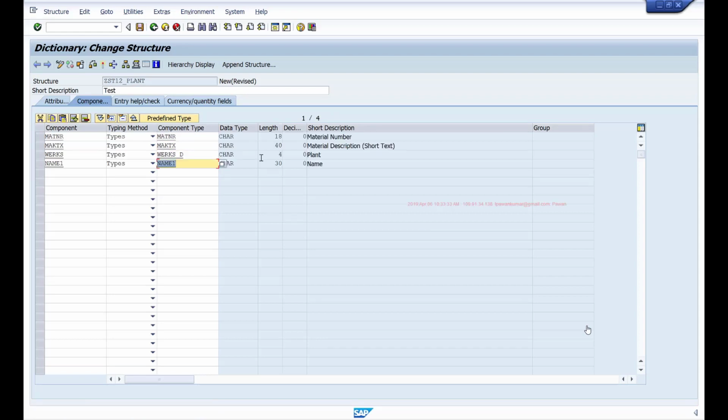So this will be my final output structure. These are the fields I'll be printing in the output.